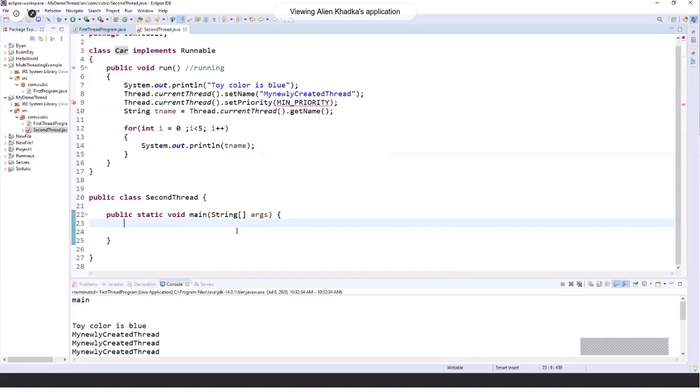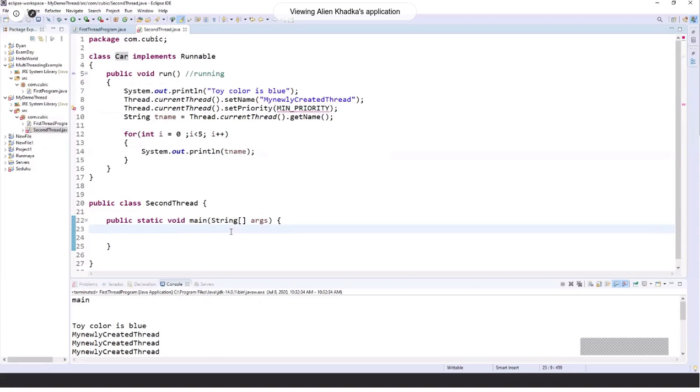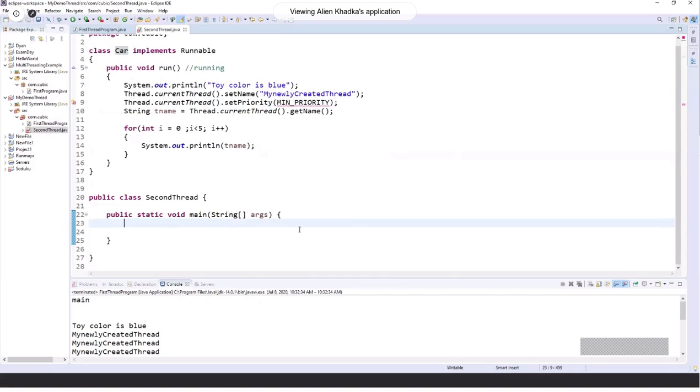Okay, implements Runnable. Add one comma, not comma. Oh, that is already there. So, public void. I got confused. I didn't go through the recording status, so